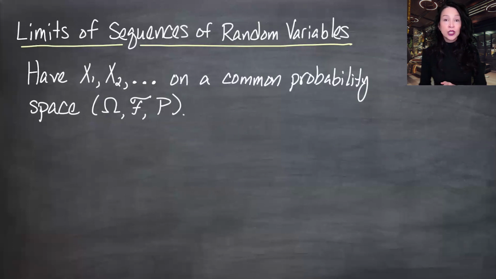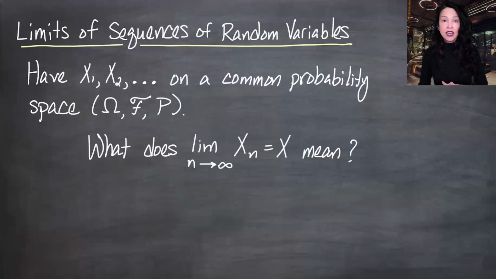My question to you is, what does the limit as n goes to infinity of xn equals x mean? Probably this x is a random variable, but still, what does it mean? We know limits for numbers for sure, but random variables are not numbers. They are potential wannabe numbers. They are all over the place, scattered and random. And so how do you talk about them approaching anything? You really don't. You have to bring probability in some way that brings numbers into things.